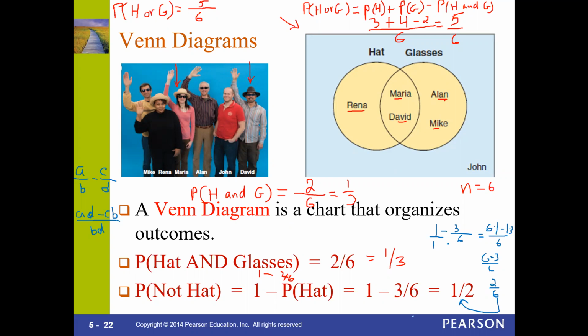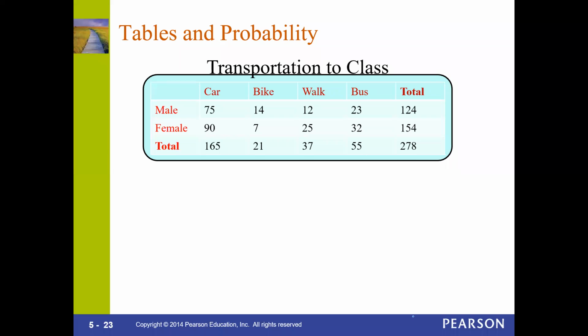Now the next step I'm going to talk about. Any questions? No questions. So the next question I'm going to talk about is this one right here. As you can see, this is like a table of probability of male or female and car. You must use the formula. Now let's do the first one.